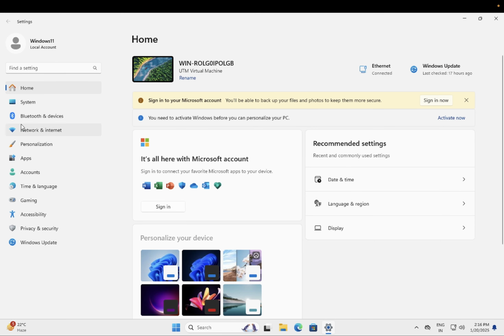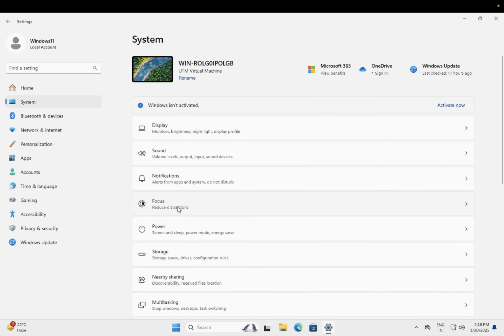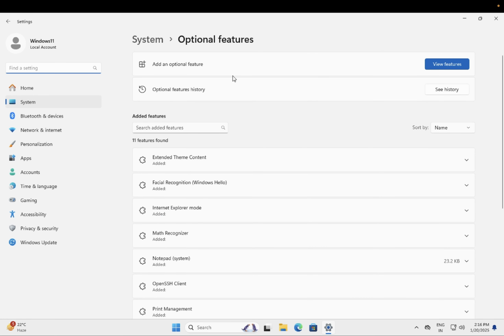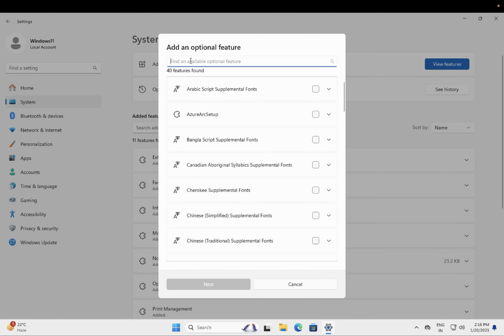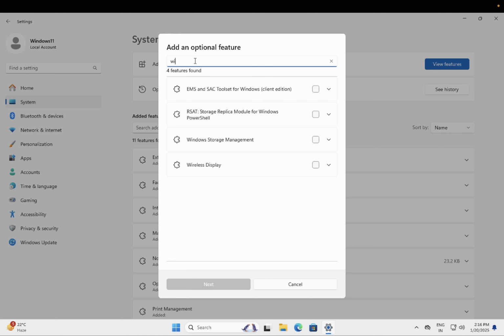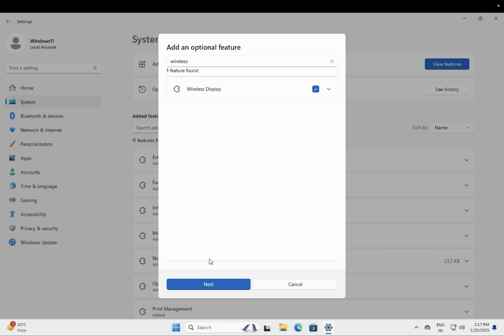Now once you come over to this settings page, you need to click on system, and on the system you need to scroll down until you find the optional features. Once you click on optional features, you need to click on view features, and inside here we need to download one feature, that is wireless display. As you can see here, this is the wireless display. Click on OK and click on next, and you need to add the wireless display feature on your Windows 11